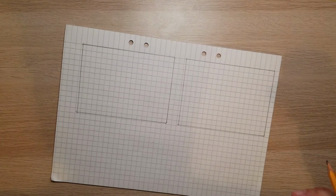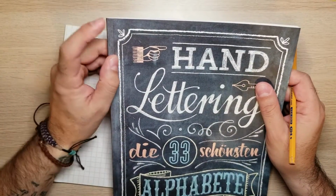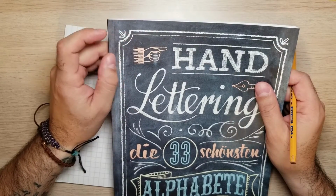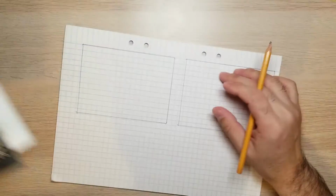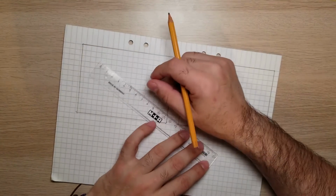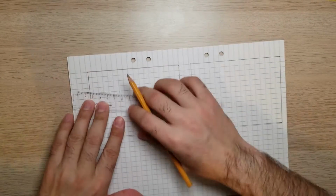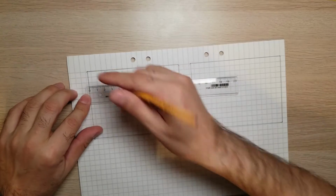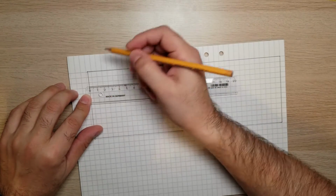So, okay, when we look at this border, we have the nice little flower petal thingy here in the corner, and then we have a thick line and a thin line. So how much space do we want to give this? If we put the thin line an inch away from the border...